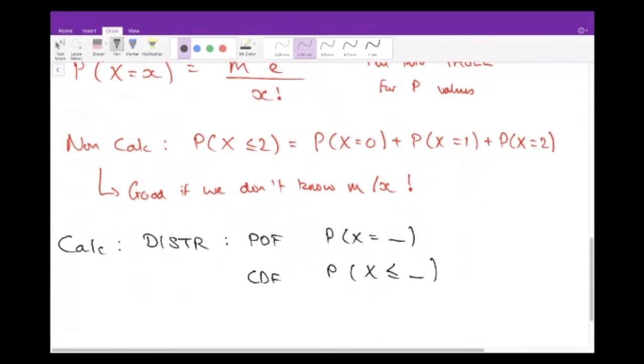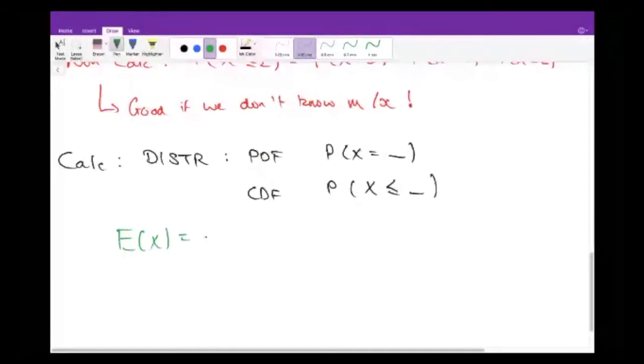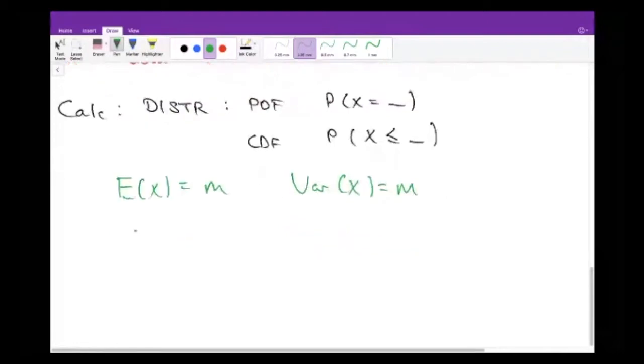Now, finally, something that is interesting about a Poisson distribution is the definition that the E of x is equal to m, and the variance of x is also equal to m. So if you're asked if Poisson is a good fit, or is a suitable probability function,